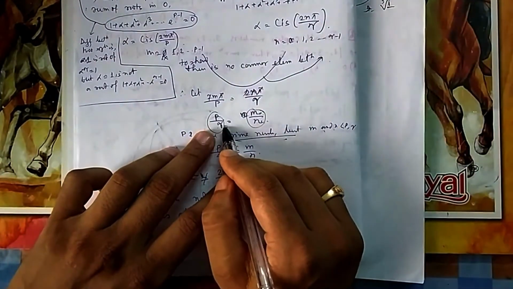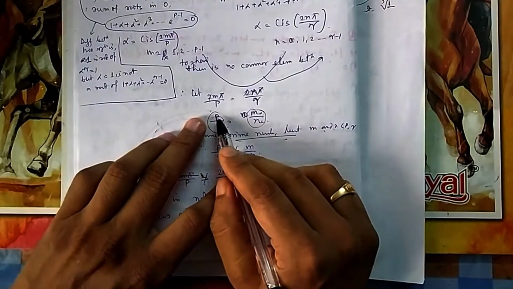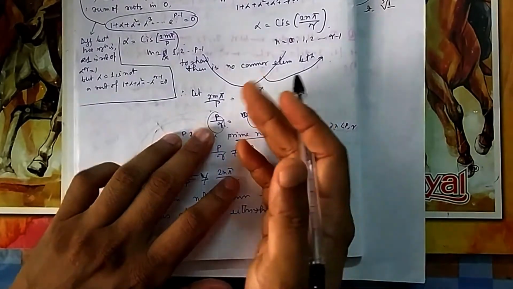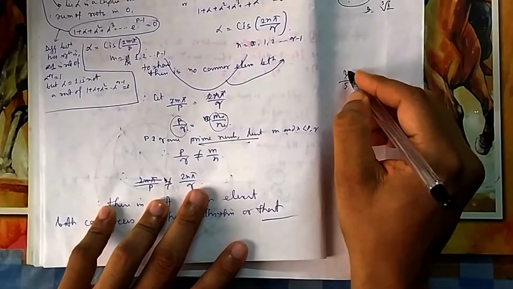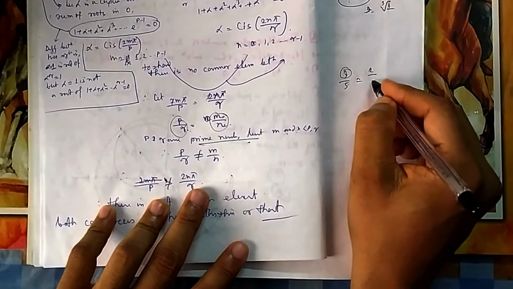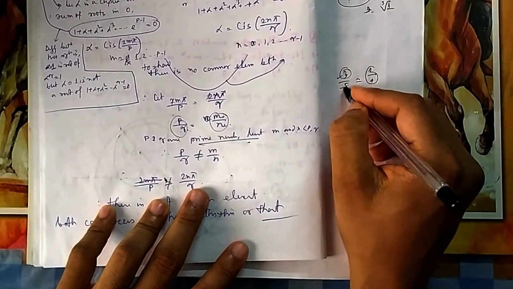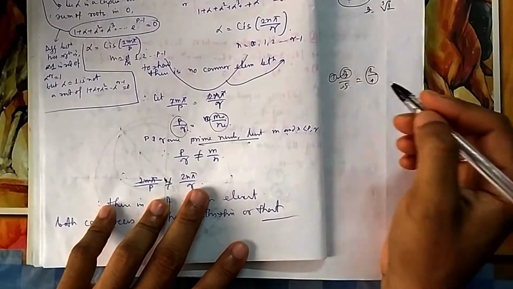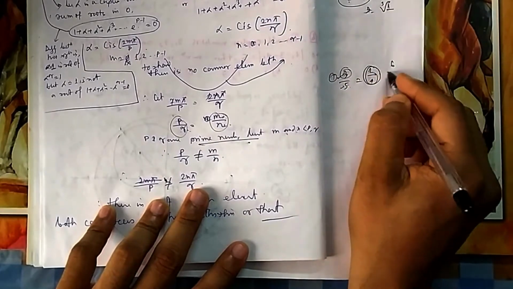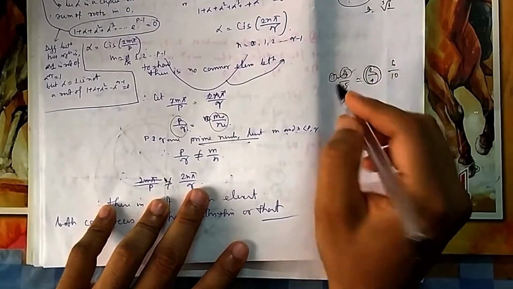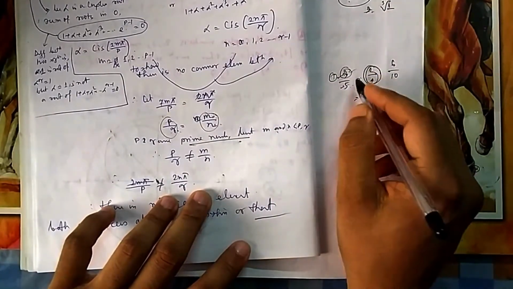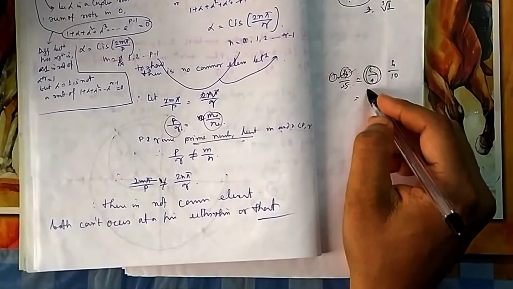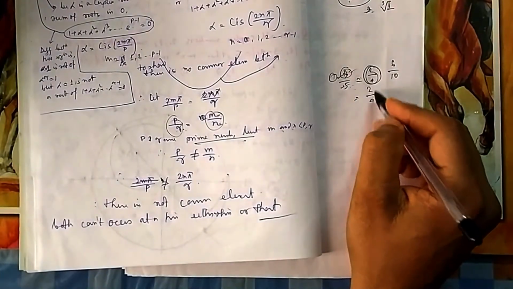Because they are prime numbers, that cannot be equal to the ratio of any numbers which are less than that. Suppose I say 3 by 5. Any number less than 3 is 2, any number less than 5 is 4. It cannot be equal, because they are prime. The only common factor is 1. So this cannot be equal. This can be equal to higher numbers like 10 and 6, but to smaller numbers it cannot be equal. You can see it now. It cannot be equal to any smaller number, for example 1 divided by 4 is not possible.